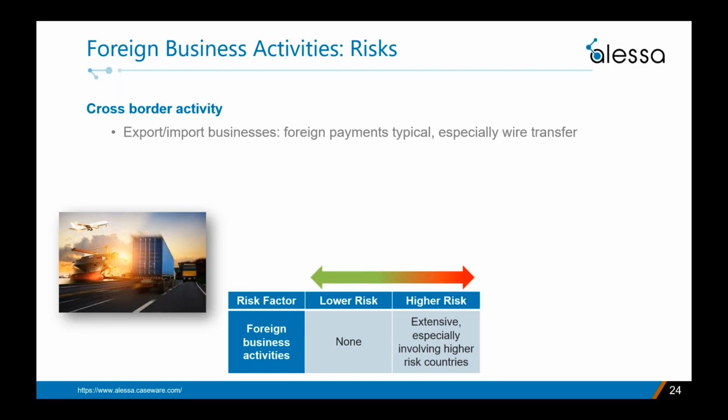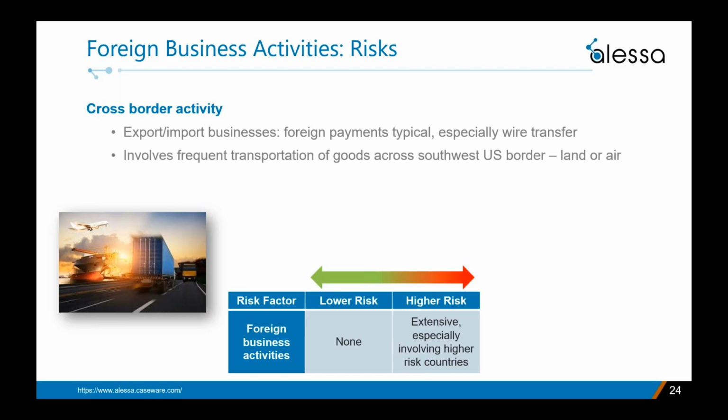So without an LC, there's no independent set of eyes examining the transaction, and this in turn facilitates two particular types of money laundering. Trade-based money laundering through over or under invoicing, and something called the black market peso exchange. Now, both of these are way beyond the scope of today's presentation, but I'd recommend you do some further research on your own to learn more about these money laundering methods,